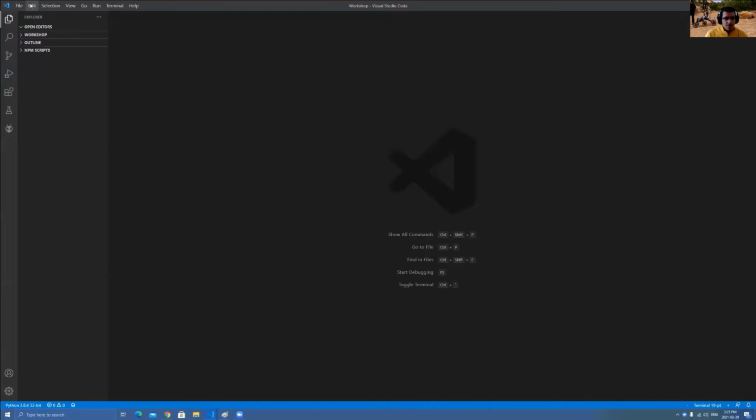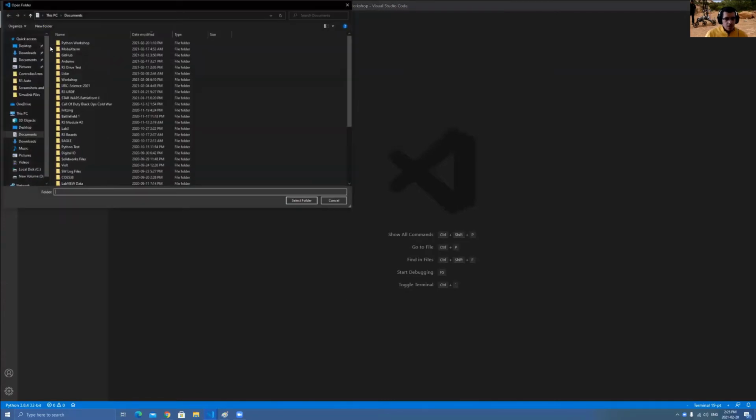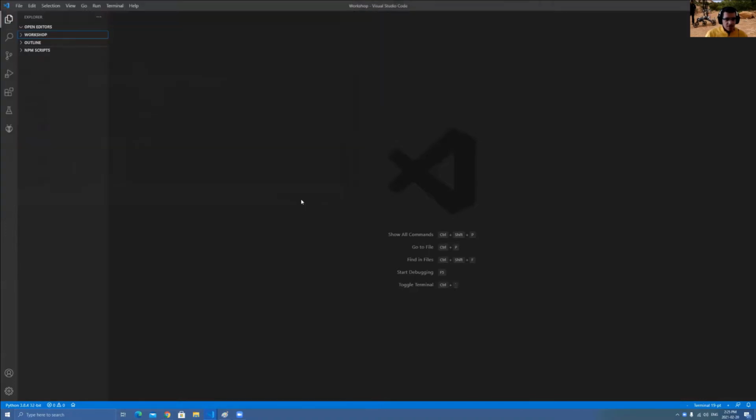So what you do is you go to File. I recommend first creating a folder on your documents or your desktop, and just call it something like Python Workshop. I created my folder called Workshop, and I put it in my documents. Create that folder regularly on your computer, then go to File, then Open Folder, and then I'll see Workshop here. Select folder, and now it should show an empty folder here. Once you see this empty folder, whatever you call it, I call it Workshop, you can